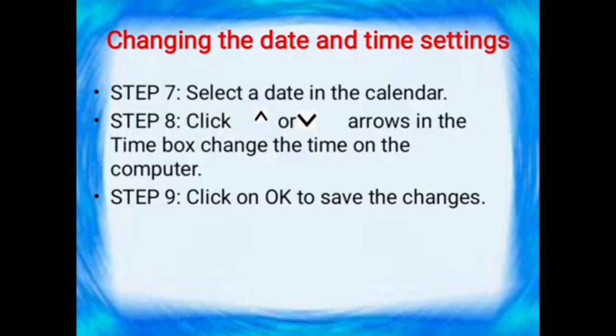So these are the steps to change the date and time. The first step is open the control panel. The second step is Clock, Language and Region. The third step is choose Date and Time. When you open that, it opens the Date and Time dialog box. Then you can select the Change date and time option. Then you can set the calendar and time and say OK, and all the times are changed in your system. Now I will show in an image.